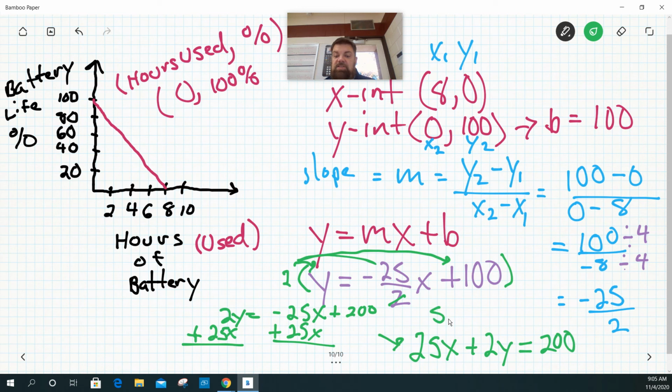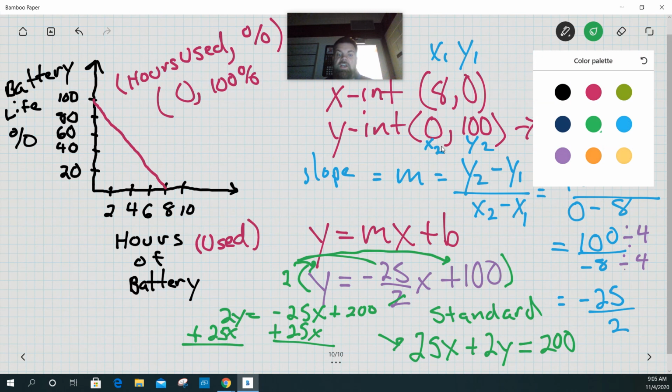So this is called the standard form or general form. I can't remember. There's standard and general form, but anyways, that's one way to write it. And the other way to write it is in purple. So that's one variation of it. And then the slope-intercept form,